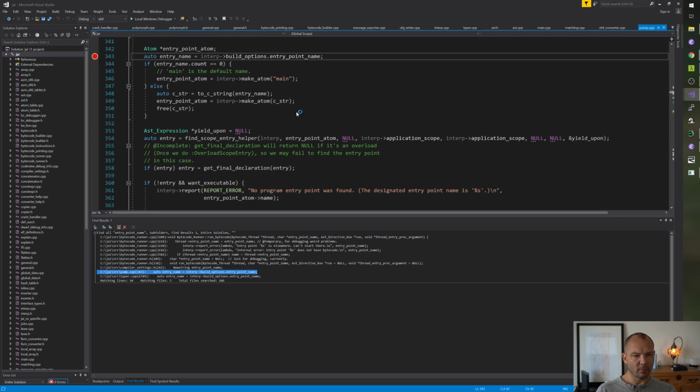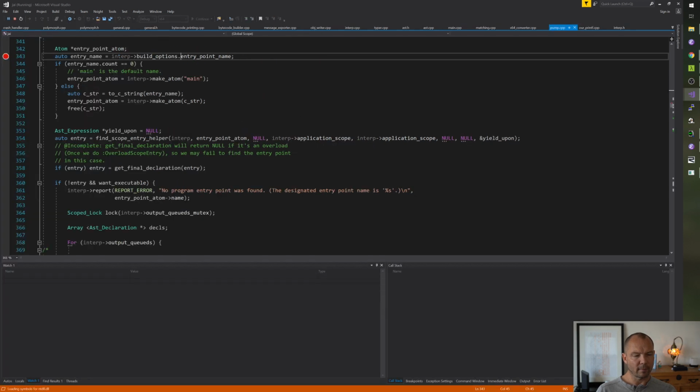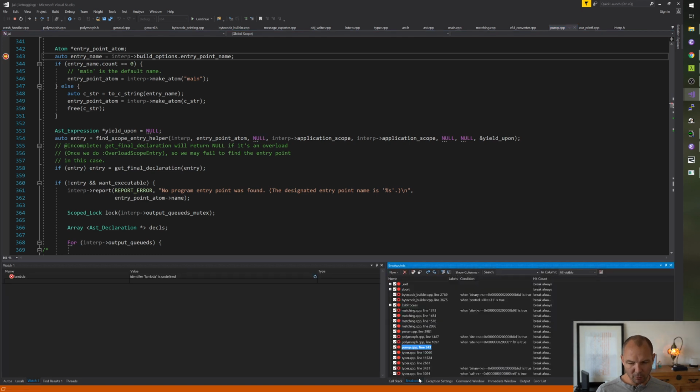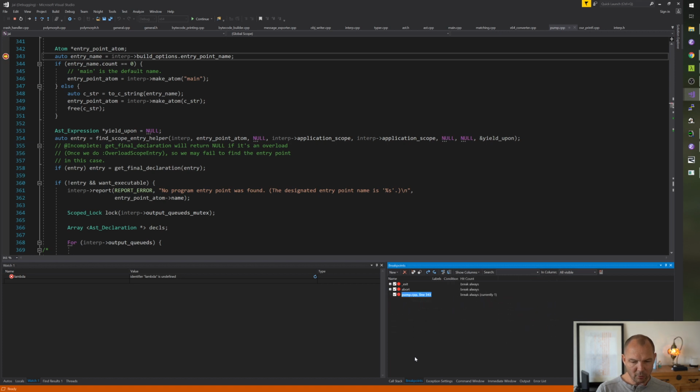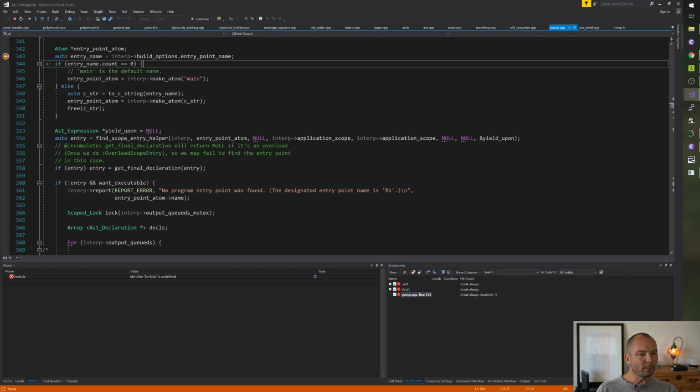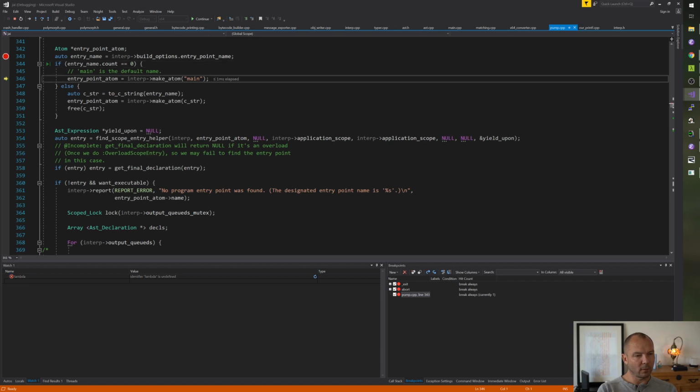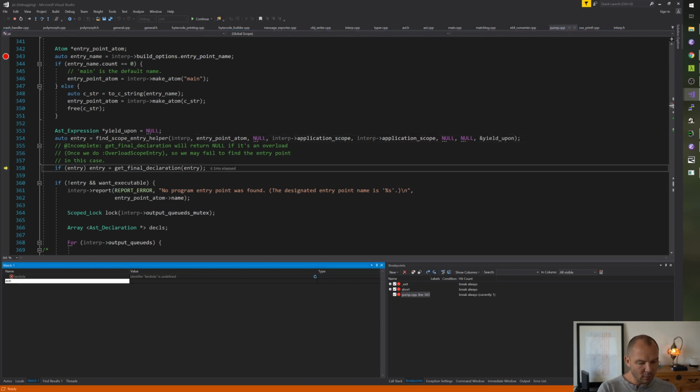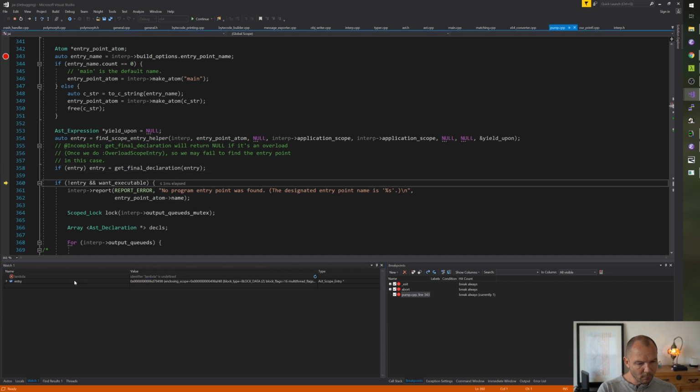Let's see. I must have other breakpoints. Oh my God, look at all the breakpoints. Okay, let's clean some breakpoints. All right. That's unset, so it defaults to main. That's fine. Entry. Entry. Boom. Boom. Okay, we have it.